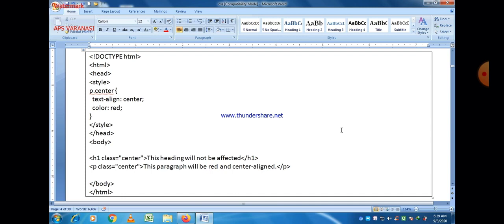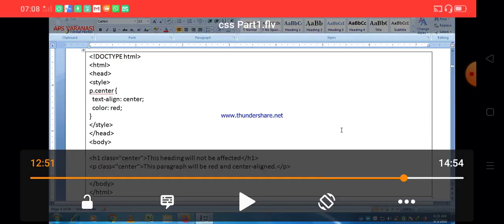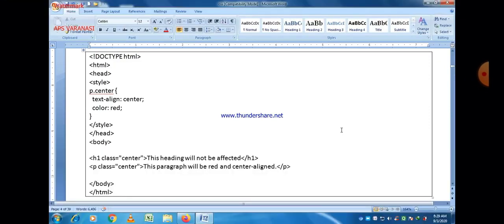So this program belongs to the class selector. In a class selector, if we apply a particular theme on all class elements, then we just write dot and the class name. And if we want to apply a particular theme only for a particular tag or particular element belonging to that class, then we write the name of the tag, and after that the name of the class, and both are separated by a dot sign.